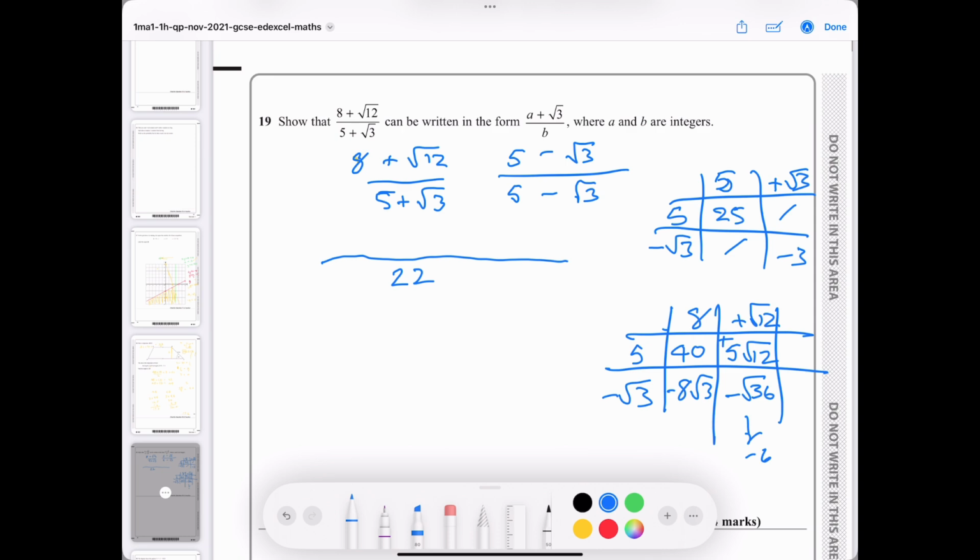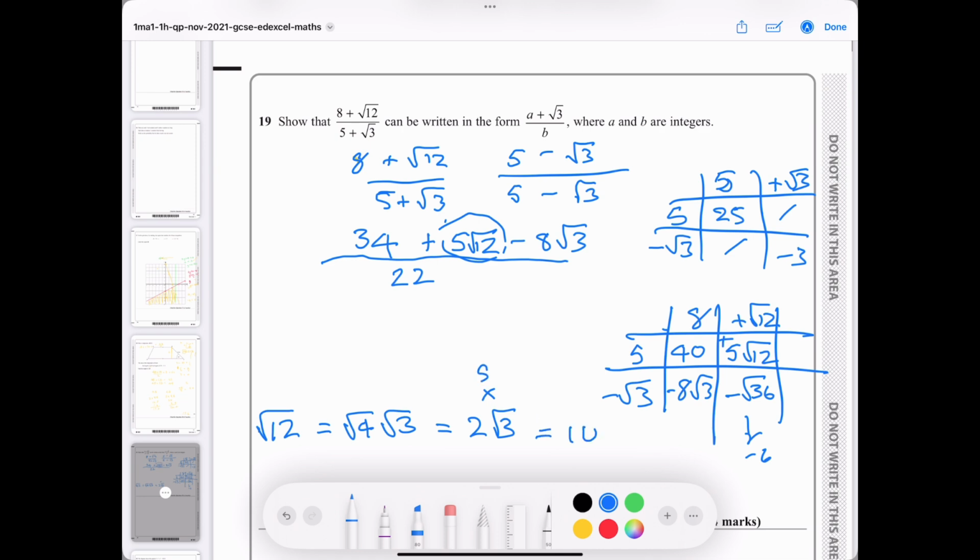So we've got 40 minus 6, which is 34, plus, now this is a bit tricky, 5 root 12 minus 8 root 3. Now I'm just going to make root 12 into something different. So root 12 equals root 4 times root 3, which equals 2 root 3. And 2 root 3 times 5, because that's what this bit is here, equals 10 root 3. So what we have is 34 plus 10 root 3